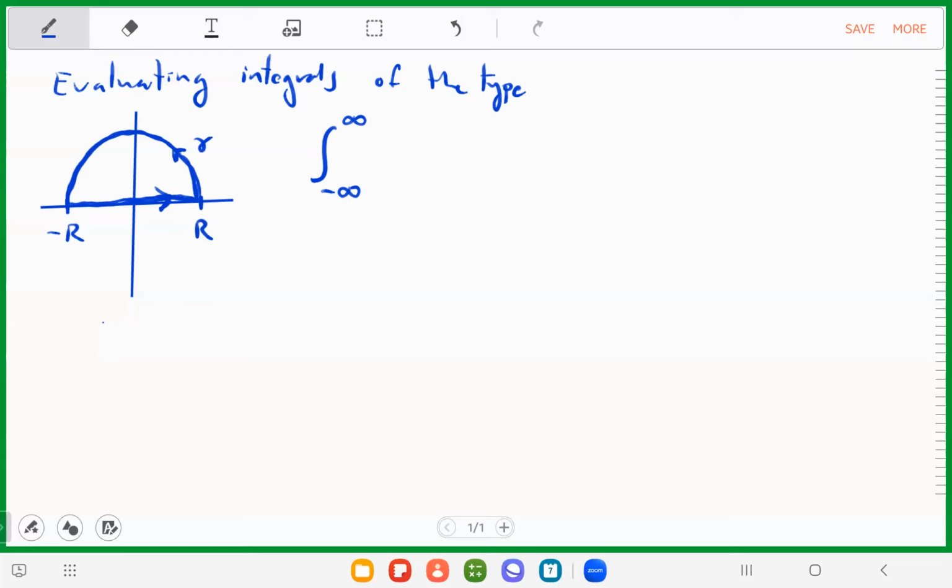But if we say the contour integral is equal to a real integral that we want to calculate, plus another real integral that we can estimate in some other way, if we know how to estimate the second integral, then this is useful because the left-hand side comes from the residues. This one we can estimate somehow, and then we get the